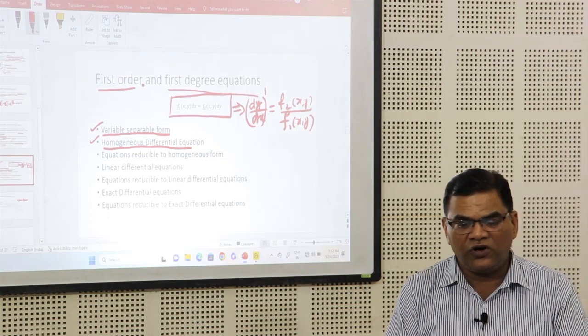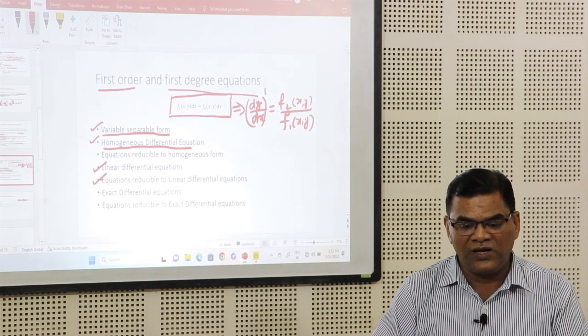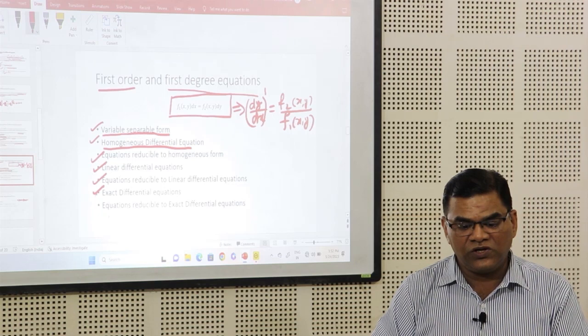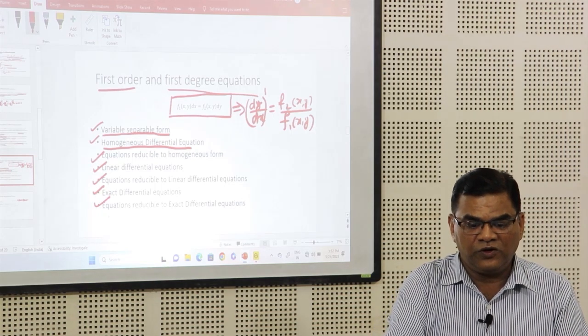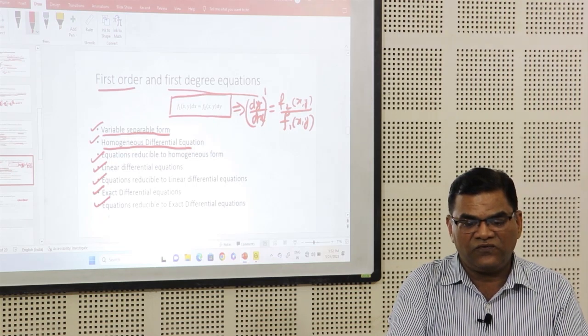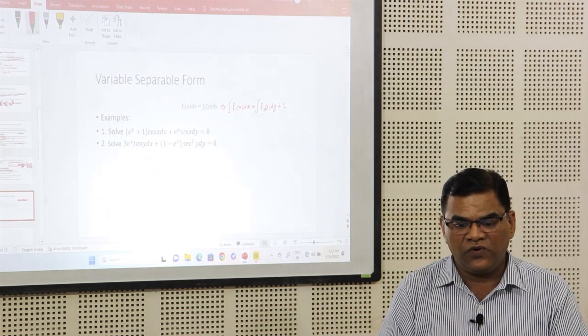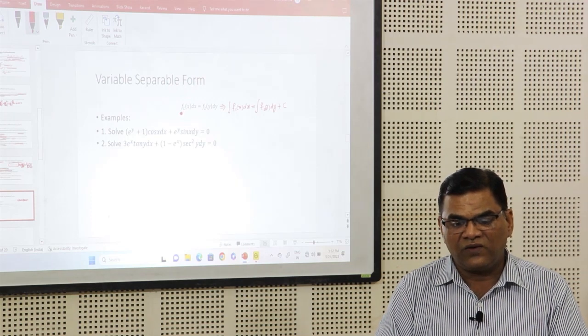Although the first order first degree equation can also be solved for the category of linear differential equations, equations reducible to linear differential equations, exact differential equations, equations reducible to homogeneous form, and equations reducible to exact equations. So, particularly we are going to study the first order first degree equations in which we can separate the variables. Variable separable form: the general format of a variable separable equation is some function of x